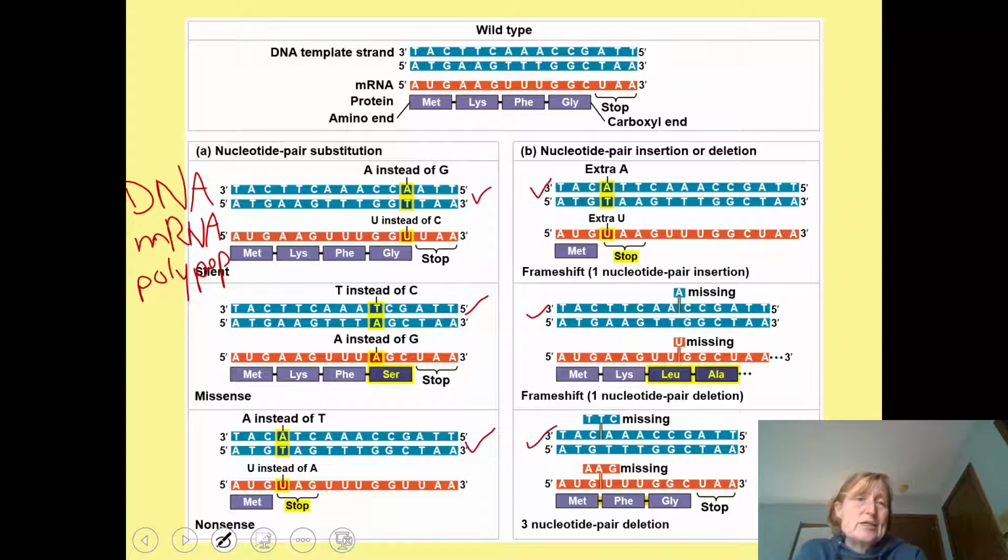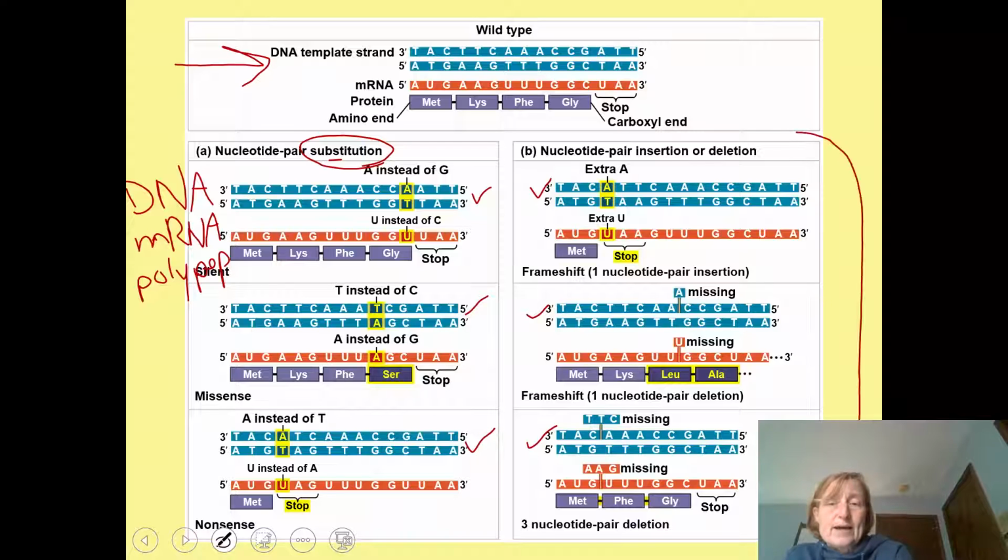All right? So there are different kinds of small or point mutations that can happen to DNA. So there can be a substitution. Here's our original DNA molecule, okay? So now these on the bottom here represent all of the different types of mutations that can occur and what that means for the